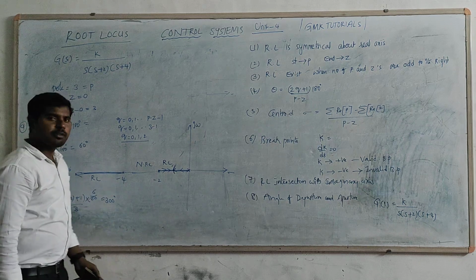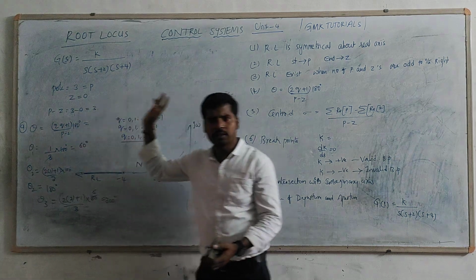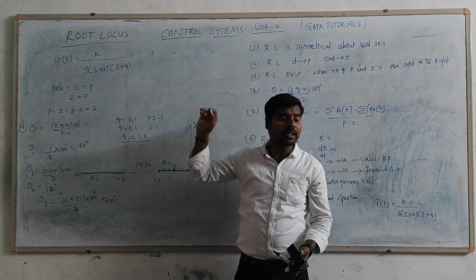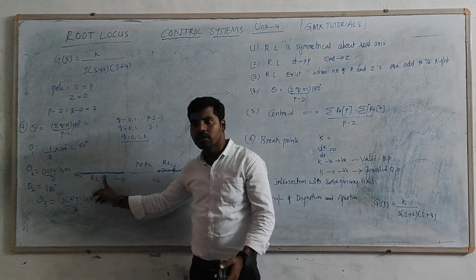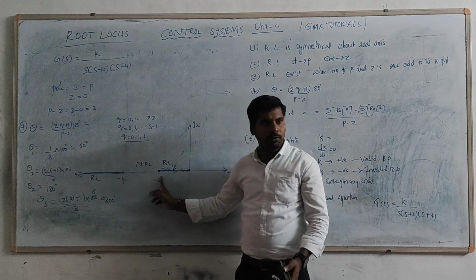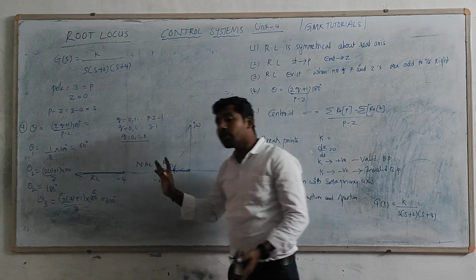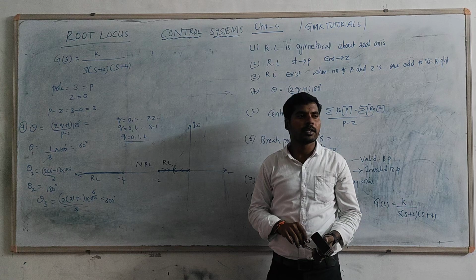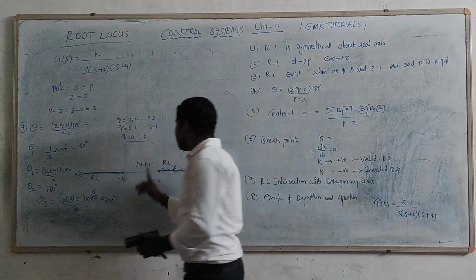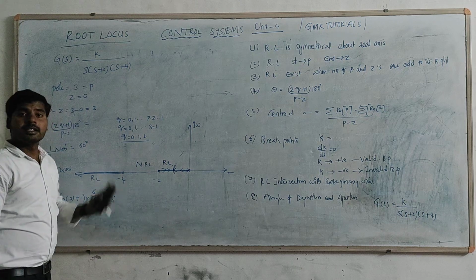Okay sir, fine. Up to now it is clear. Angle of asymptote means the root locus branches approach infinity. That is very good, sir. Then from which point may they start? It may be starting from this point or from this point, we don't know exactly. For that purpose, the centroid represents the starting point of the asymptotes. The asymptotes start from their centroid.